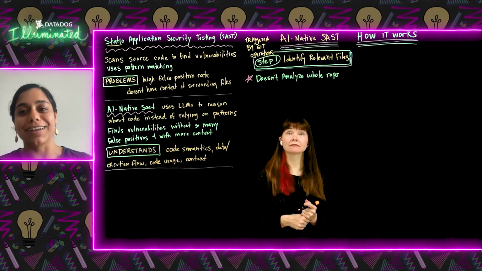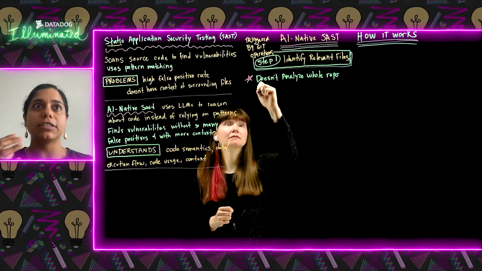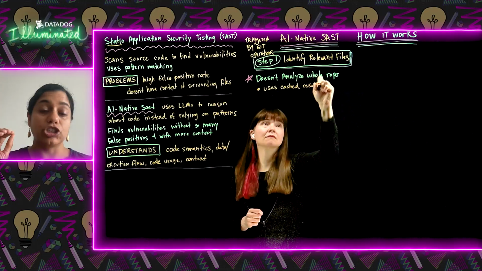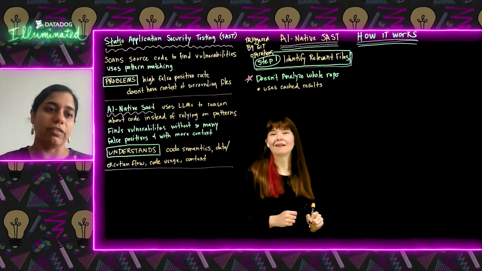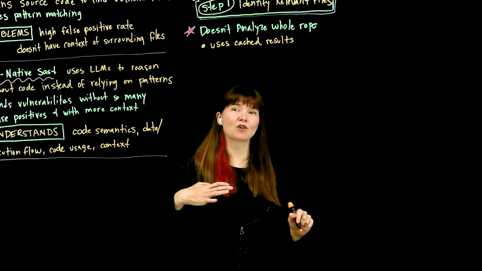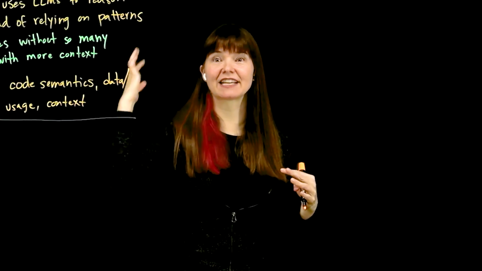Using caching and previous results and all of that, we basically will still take in the idea of these are things that are already present in your code base, but then we're also looking at, okay, what is actually changing? So we do end up having a diff. It's just not necessarily a straightforward diff of saying these are the only files. We're actually doing a little bit of a hybrid approach. So it understands the whole repo, but it knows what's previously cached versus what's not, and then it's looking out